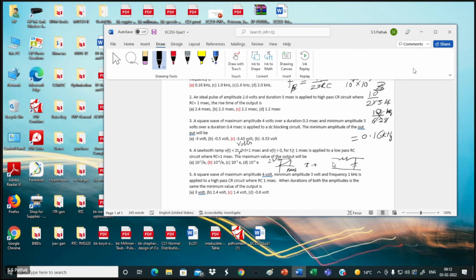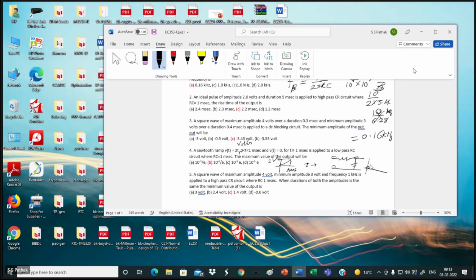So I have applied this. When I apply this, what is the voltage coming here? Whatever voltage comes, it gets grounded. So what is the output? This output voltage is 0. I'm plotting this output voltage here. Initially, whatever voltage comes here gets grounded, so it becomes 0. After that, capacitor will start charging in this fashion. It is a ramp voltage. Okay, it is a ramp. So capacitor is charging like this with this RC.